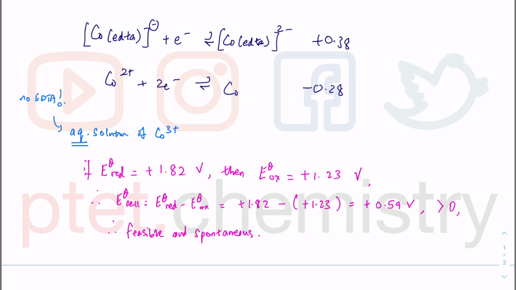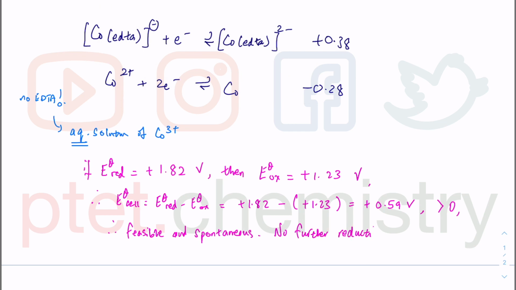But as for whether it will go further or not, so this is minus 0.28, and the reason why it doesn't go further is because if you have to go further, then you have to consider cobalt 2 plus going to cobalt, so that is minus 0.28. This will be your E-ret, and you already stop at cobalt 2 plus there. You already start cobalt 2 plus from cobalt 3 plus, and since your E-ret is more negative than this, it will not go further from cobalt 2 plus to cobalt. It will just stop here at cobalt 2 plus instead of further reduction to cobalt. So I can say no further reduction